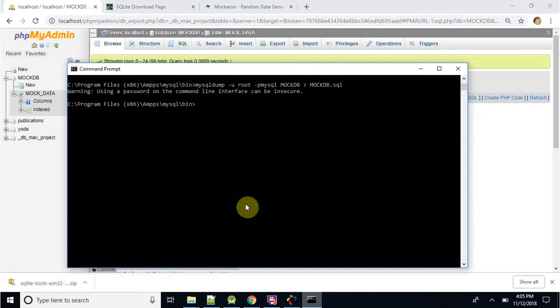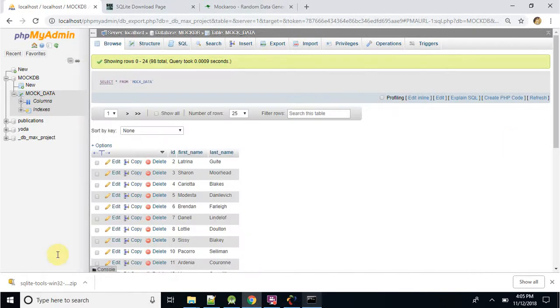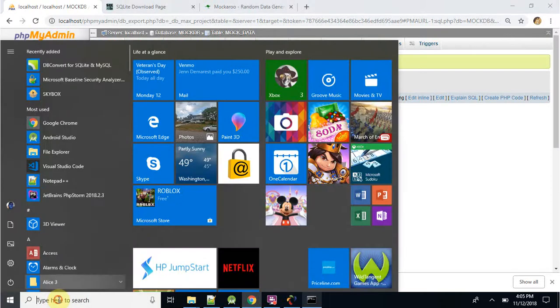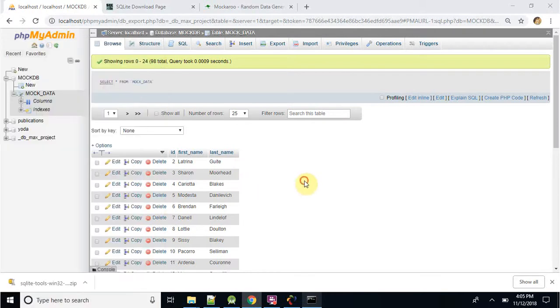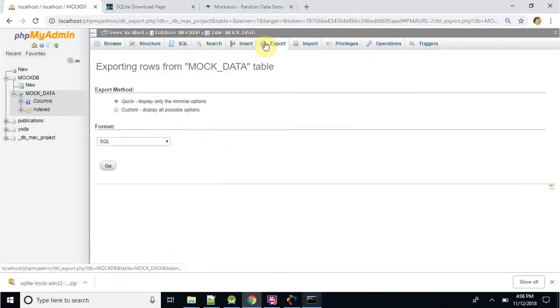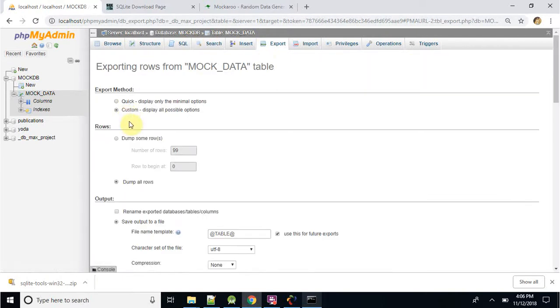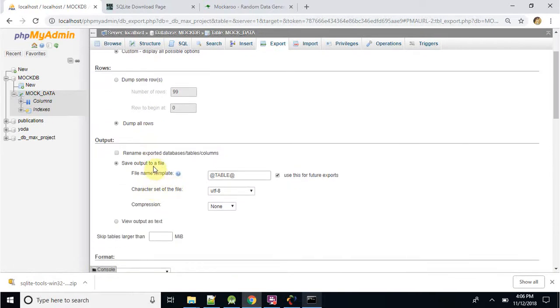We're basically going to dump the contents from the MySQL to a file. And you can do that in many ways. If you're in the MySQL dashboard app that they have, the Workbench, I'm sure there's a way you can do it in there. If you're in phpMyAdmin, you can go to export, and you can do a custom export, dump all rows,